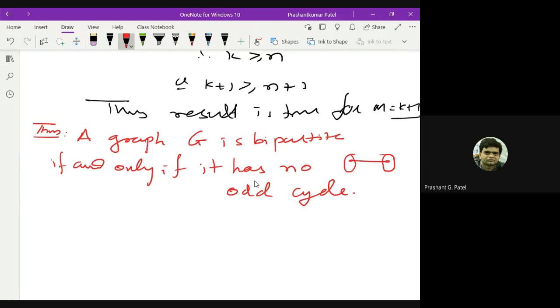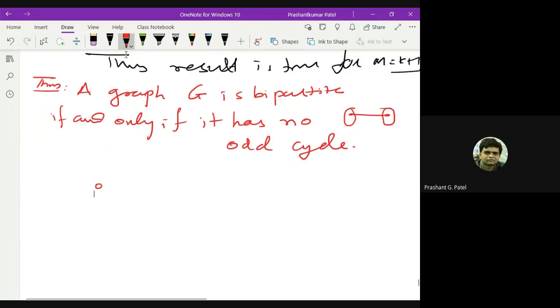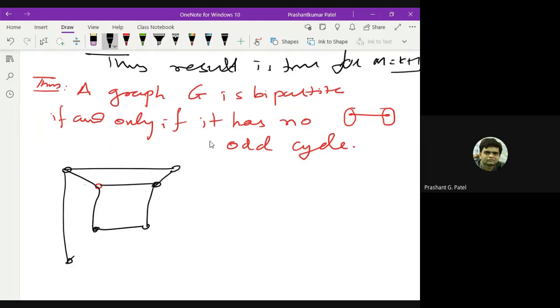For example, if I want to find out whether this graph is bipartite, we are assuming this result without proof, but the application of this result is very good. So suppose you want to check whether this graph is bipartite or not,